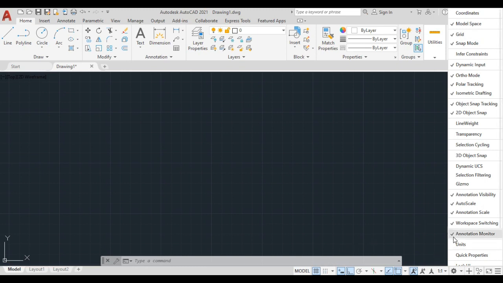If I unselect, then this icon will hide. Let me show you how. I'll hide from dynamic input to 2D object snap. Just watch this icon carefully. It will hide when I deselect.